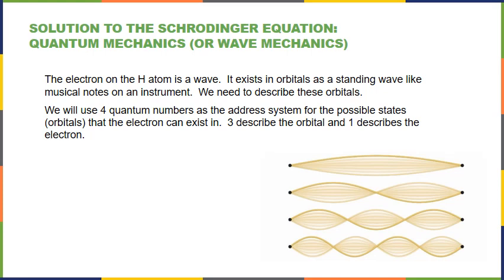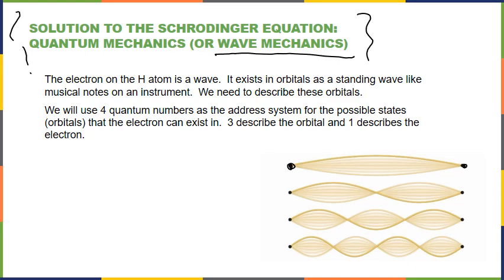All right, we need to look at the solution to the Schrodinger equation. By the way, this is quantum mechanics, but the old name for quantum mechanics was wave mechanics. So this truly is the math behind waves. And it's simply stating here that if you have a wave that exists as a stationary, standing wave or in